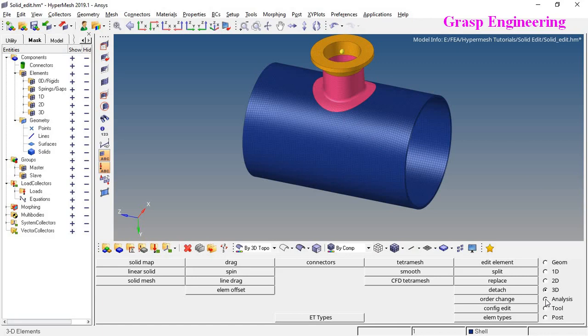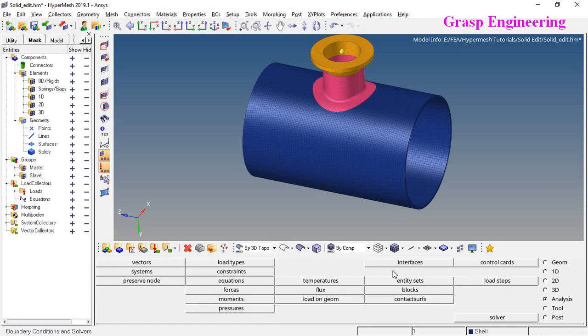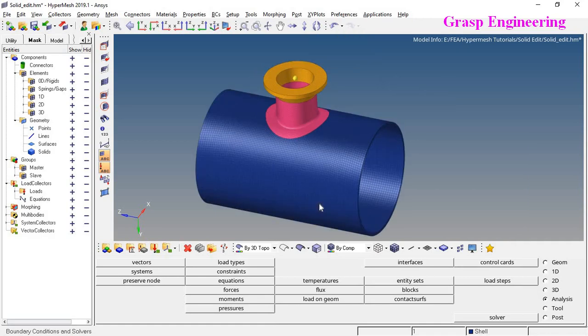And in the very next video, we will perform how to apply loading and boundary conditions, and how to create a deck for ANSYS. Okay, what we will do, we will create different node sets like entity sets. We will check the node connectivity, and then we will apply the internal pressure. We will apply the nozzle forces and moments, and then we will carry that deck into ANSYS Classic.